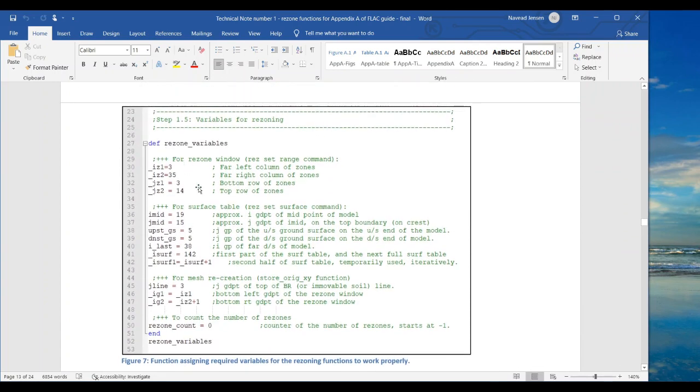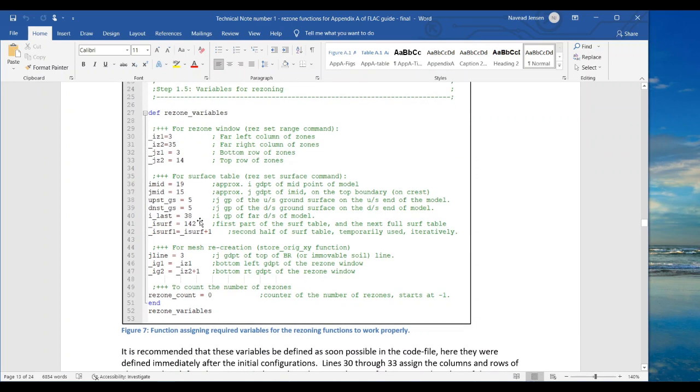This is just a function defining some variables that we need for rezoning to happen. So the rezone window here, I say what those are: here's the columns, the 3rd column over, and here's the far right column, 35 over, and then here are the 2 rows of zones, 3 up and 14 up. Okay. And then we have some other variables that I'll discuss later, but